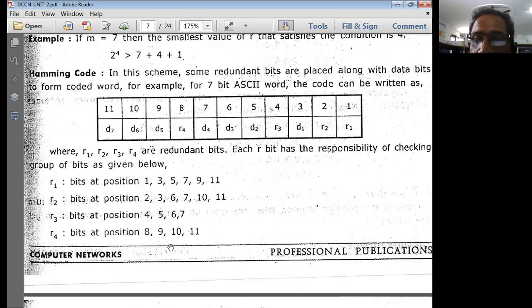Now, in general, how many can I write here? Let us see. R4 means what? It is number 8. That means it is going to be the 1 2 4 8 code. So 8 numbers you have to write in sequence, 8 numbers you have to discard, and in sequence 8 numbers you have to write. That means you have to write 8, 9, 10, 11, 12, 13, 14, 15. Up to 15 you can write. But in the given data, how many do we have? The last is only 11. So we are stopping at 11 only.